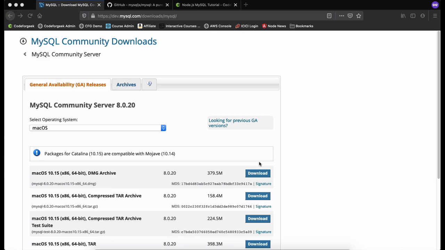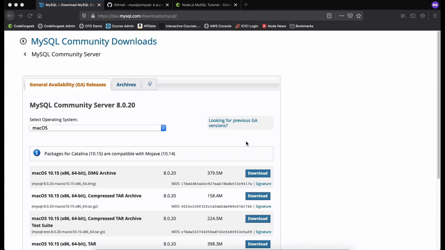Hey guys, in this tutorial we are going to learn how to use Node.js with MySQL database. How you can write a program that can interact with MySQL, run queries and return data. You can use this code base to develop REST APIs to use in your own projects, and I believe majority